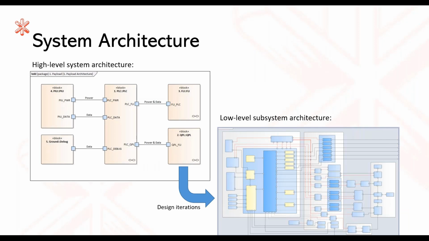We also used Enterprise Architect to create our system architecture, basically trying to work out the design and all the components that we would need to actually create the payload. Again, we started at the very high level systems architecture, which allowed us to then go through and design the lower subsystem architecture that you can see on the right, which is a lot more complex than the high level. And the way we used Enterprise Architect is we could click through the block boxes as well. If you click on this QPL, which is the quantum payload, it then brings up this diagram, which is really handy for quickly trying to learn what's going on in the project itself.